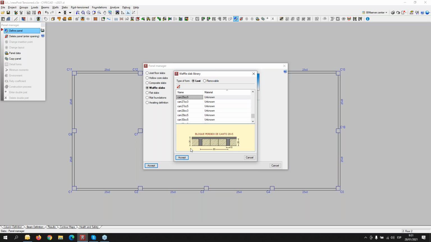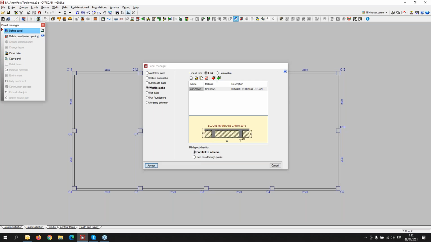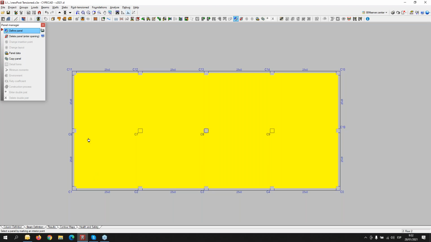We have, for example, this one. The most important features for our waffle slab are the distance between the ribs, the dimension of the rib, and the height of the form and the compression slab. So we can accept,